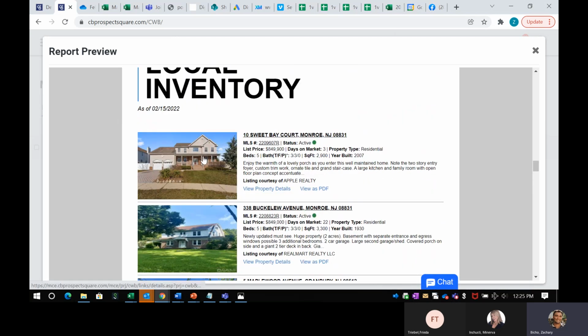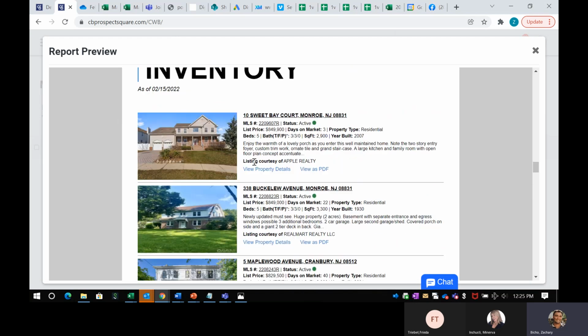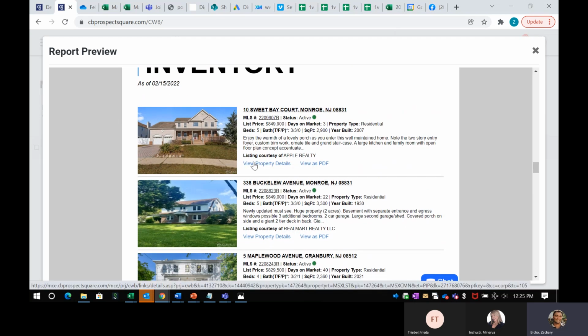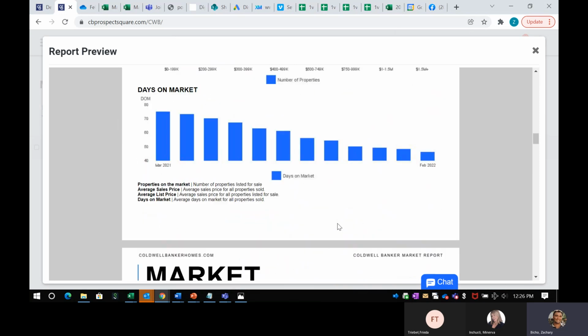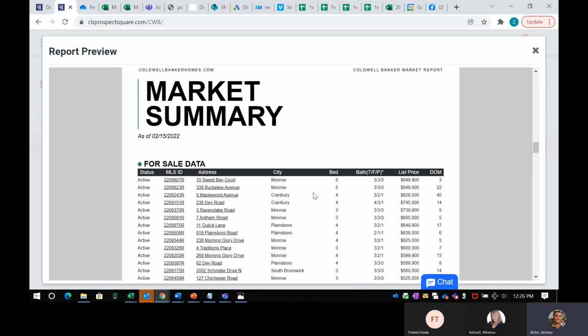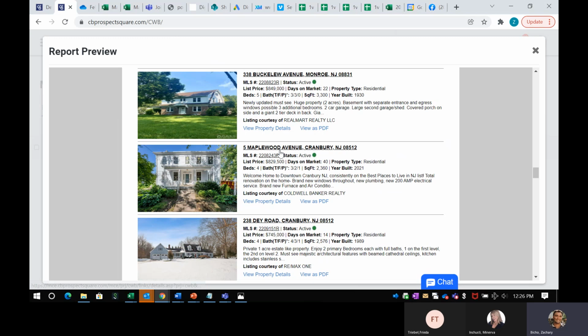Again, also we can use this for sellers as well. In that example, the agent's client was not really happy with the list price. So we went in here and searched past sold or expired listings or anything along that line where actual properties sold, and it gave a breakdown of what the actual listing price average was, and that would be somewhere up in these graphs. So he can actually come with actual physical data saying, look, this is why I'm listing your property at this value. This is what's selling around your neighborhood,